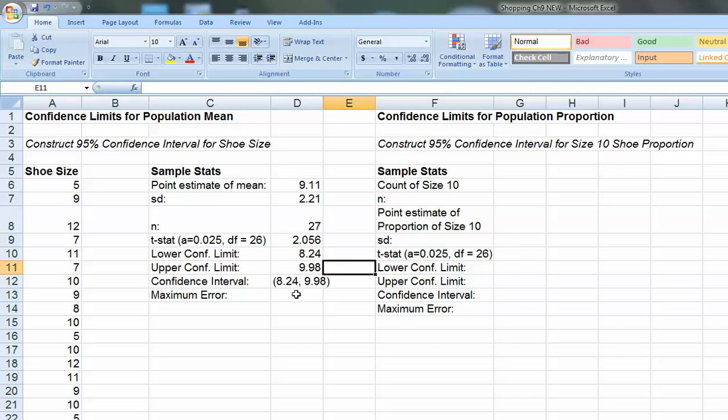Okay, you were also asked, what is the maximum possible error that your confidence interval gives? Well, keep in mind that the mean, 9.11, sits halfway between 8.24 and 9.98. So the maximum error is simply the distance from the mean to one end or the other. Or there's another way we could calculate it: take one end of the confidence interval, subtract the other,